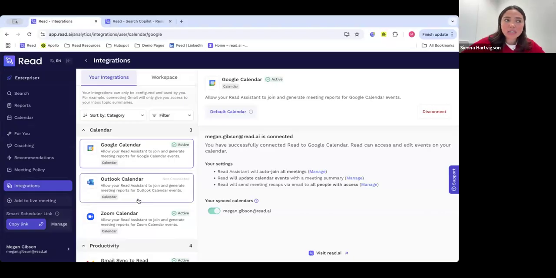Yeah, I'm glad that you pulled up this integration page, Megan, because I think, of course, at the core, as I mentioned, Read's bread and butter is yes, the meeting reports, but I think it really comes alive when you're able to push that information that Read captures and analyzes for you into the places where you and your teams are already working, right? Our goal is not to change people's workflows from what they already are. The goal is to enhance them.